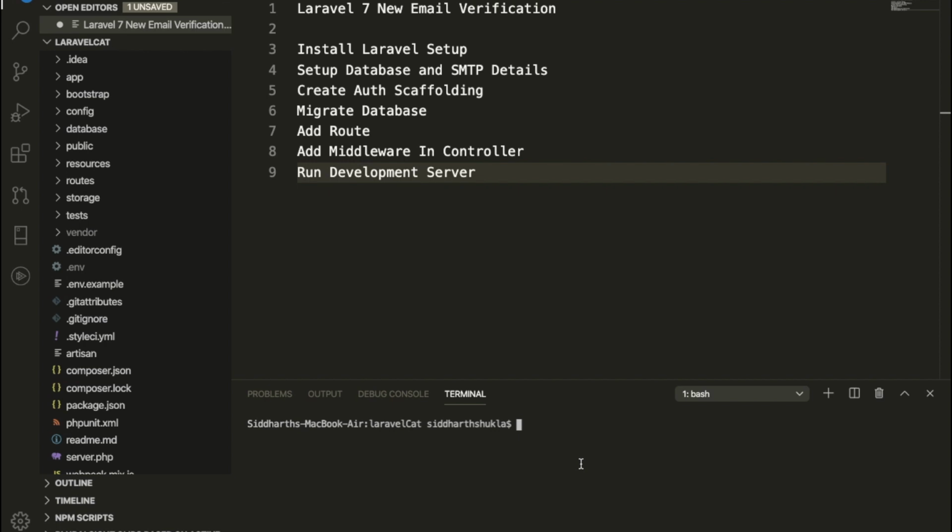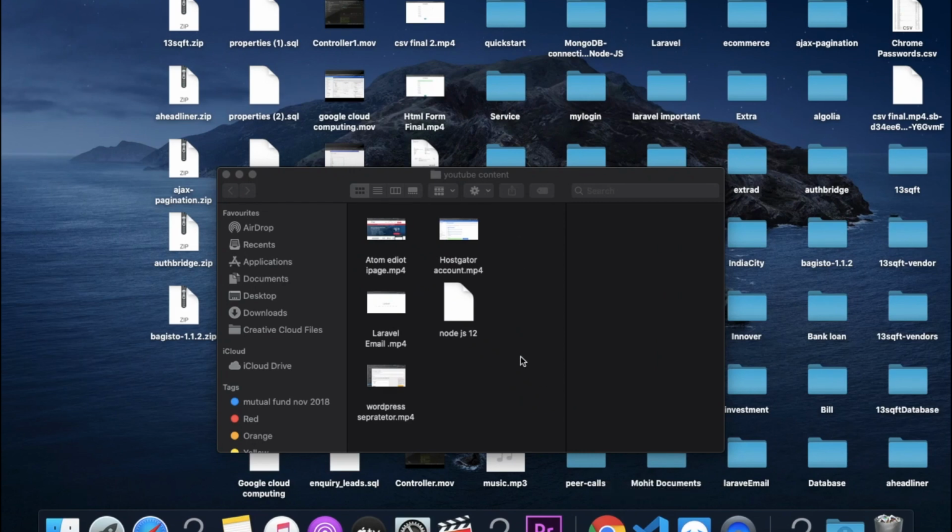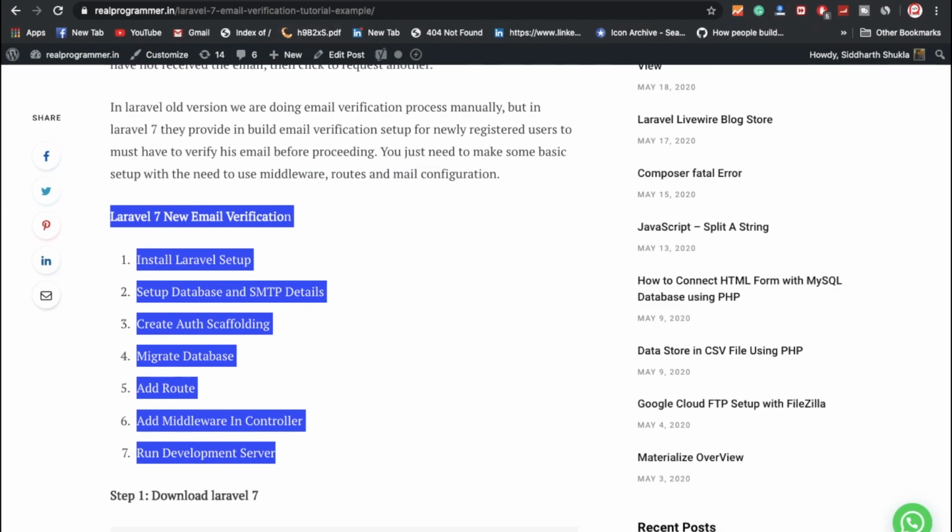Okay, suppose I have this one, I have done it already, so I am going to show you. First of all, PHP artisan serve. This is working already, so let me show you.